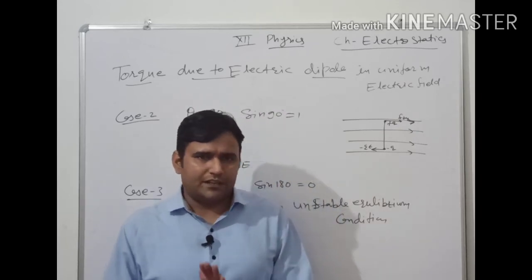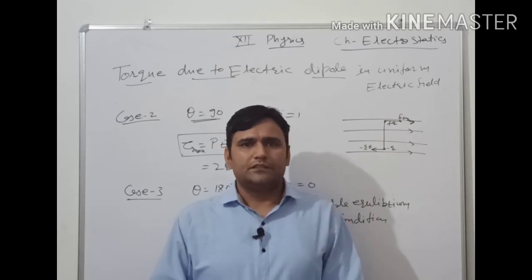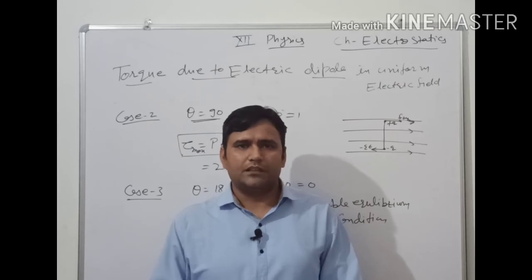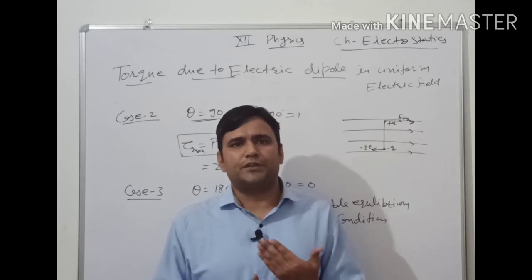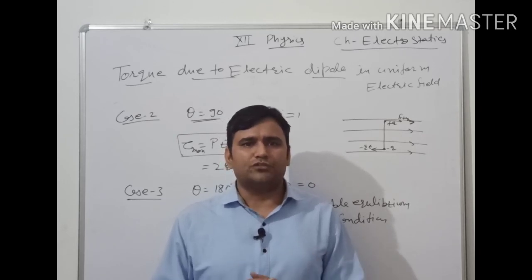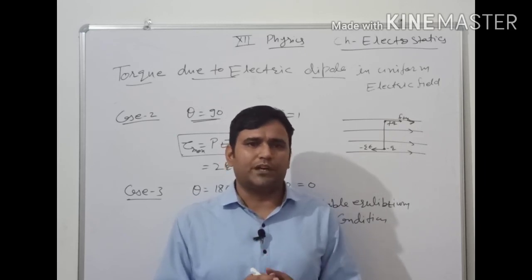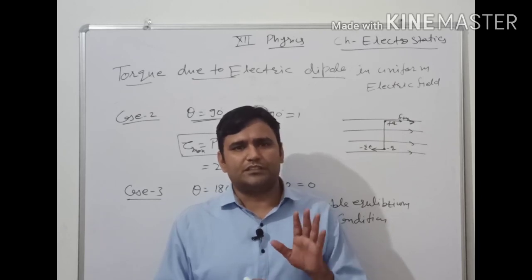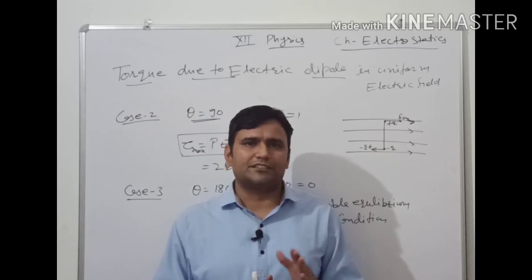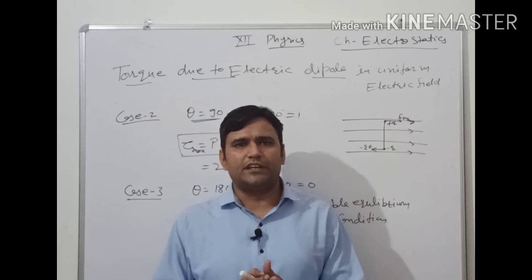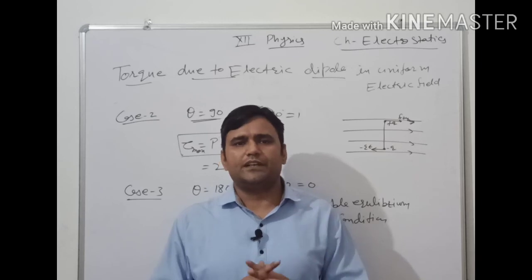Clear? At the theoretical level, our unit number 1, electric field and electric charges, is completed. In the next class, we will start our chapter number 2 on Gauss's law and its applications. From the examination point of view, Gauss's law is quite important, because there are always questions of 3 or 4 marks in terms of derivations. In this next chapter, we will discuss a few derivations. There are 4 derivations in our syllabus. Out of 4, almost each and every examination has 1 derivation.